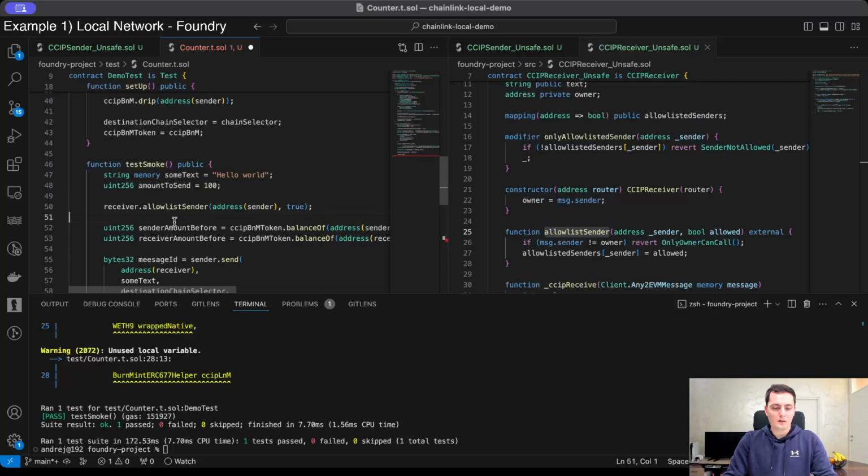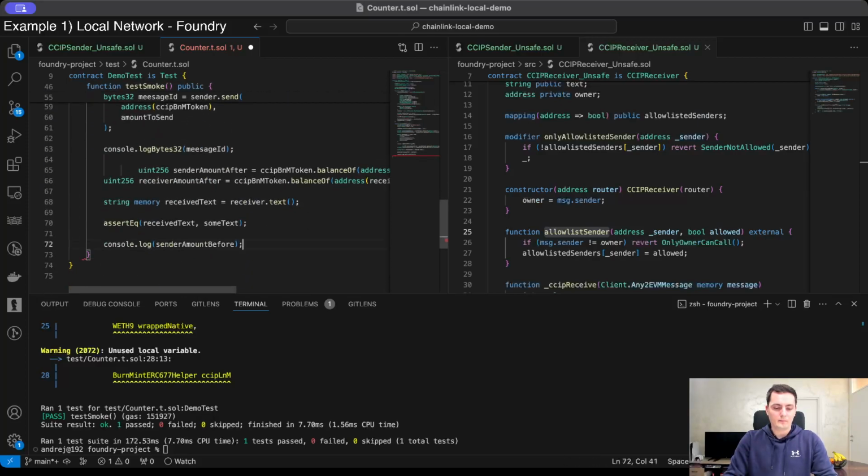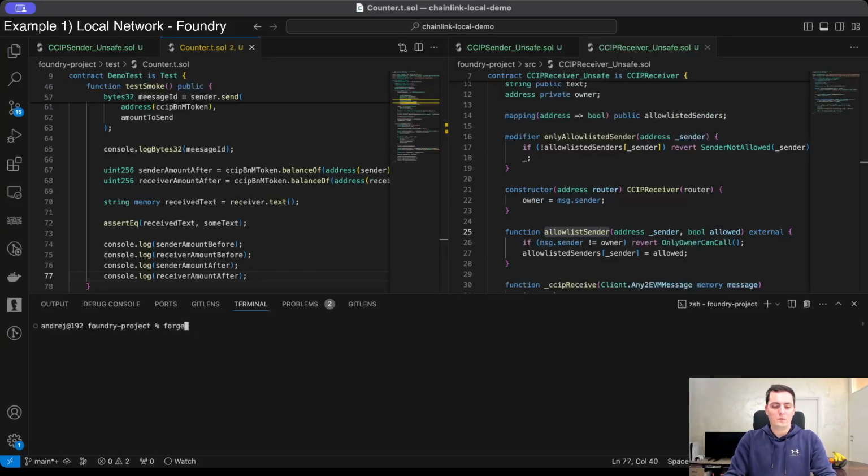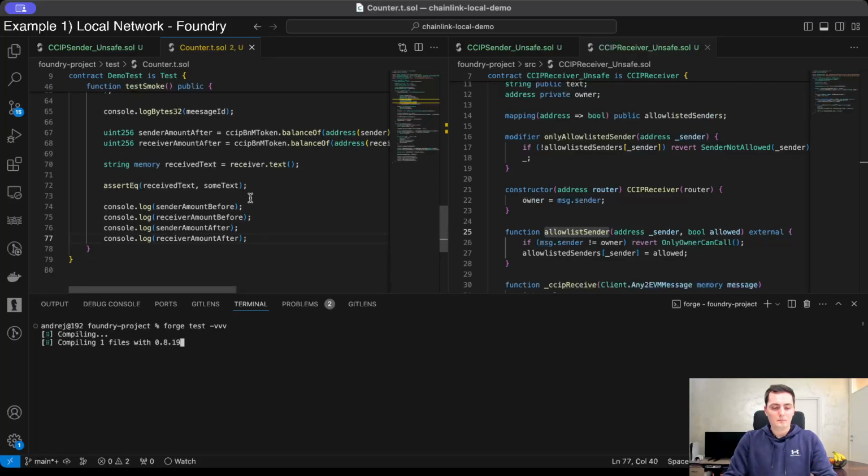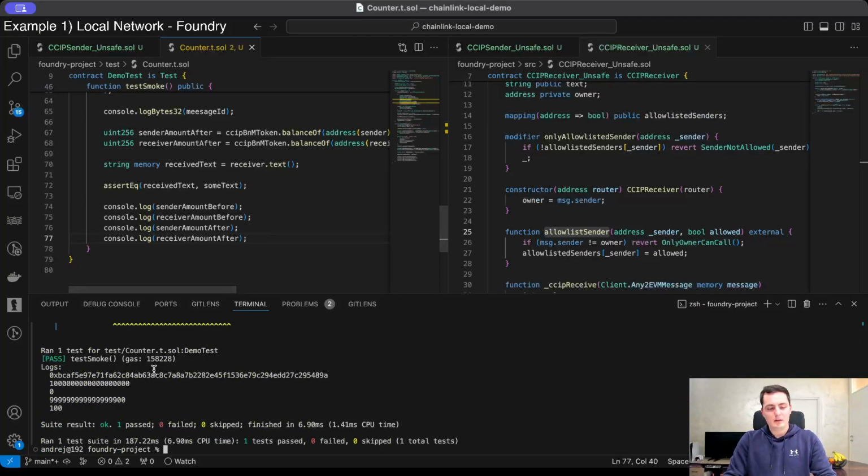So there'll be sender amount before, there'll be receiver, here it is, and I'm gonna do the same thing for after, just to see that everything's okay. And essentially what we want is to assert all of this. So once again, forge test. Okay, cool. So we started with 1 CCIP BNM on the sender side, 0 on the receiver side, and then ended up with 9999, whatever, less than 1 CCIP BNM token on the sender side and 100 units of tokens on the receiver side. So our test should actually be that